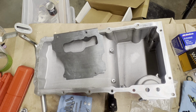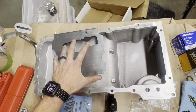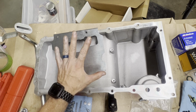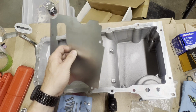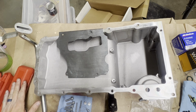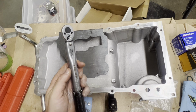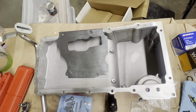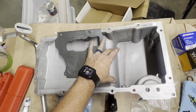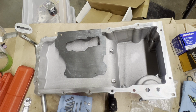Okay, guys, the first thing I did, we just talked about, I cleaned everything with brake cleaner, and I wiped everything down. The first thing we're going to put in is this baffle, and I've got my torque wrenches here. I've got both a 3/8 torque wrench that goes down to 10 foot-pounds, and then I've got my inch-pound wrench that goes up to 200 inch-pounds. Now, these bolts right here that hold this windage tray on torque to 10 foot-pounds. And since my 3/8 drive only goes to 10, I don't like to use it on the lowest setting, so rather